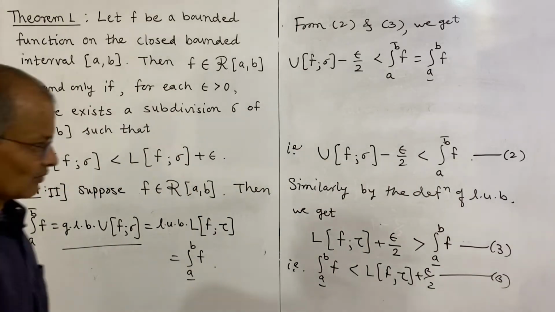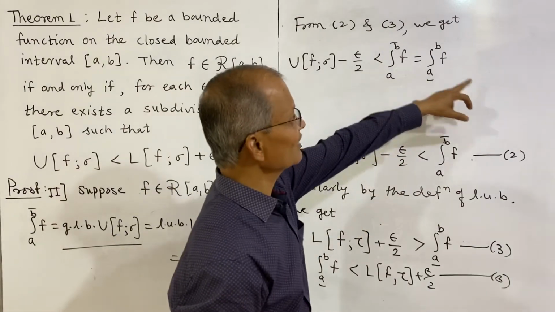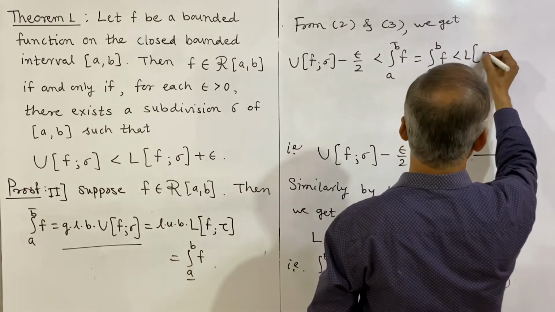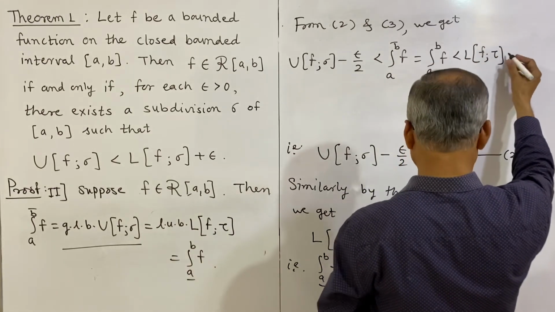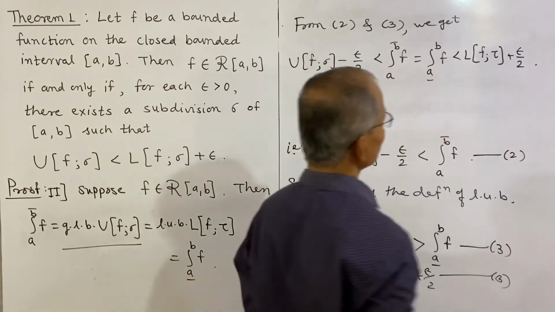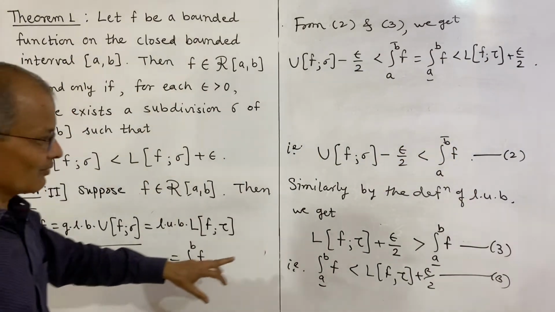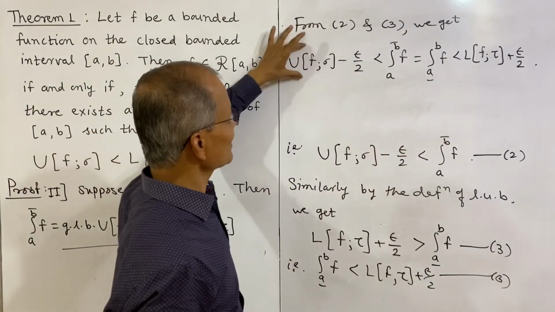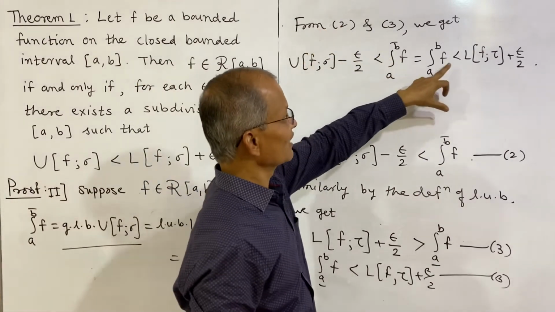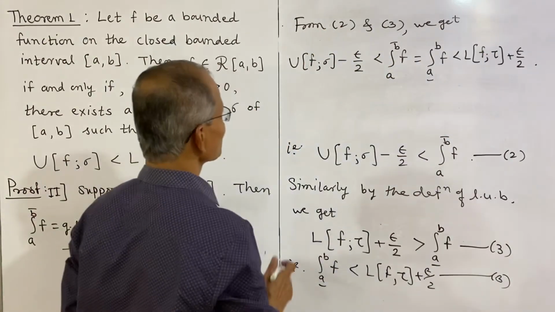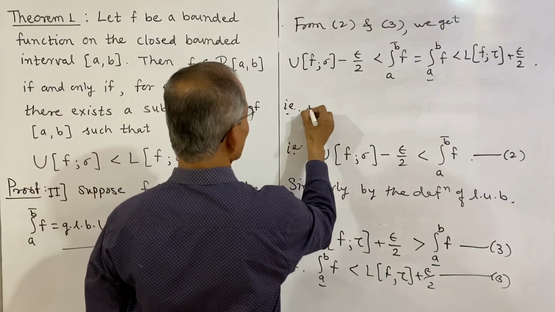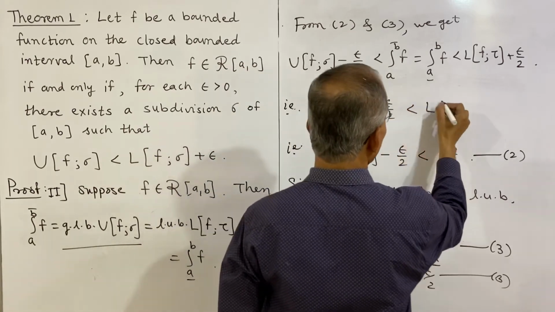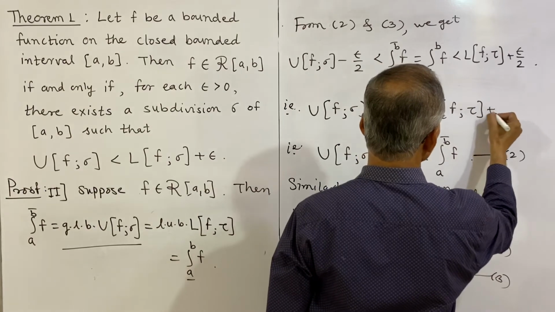See, it is one and the same. So we have reversed. Now why? Because we can write in continuation: this is less than lower sum of f on tau plus epsilon by 2, and the middle quantities are equal. This upper integral and this lower integral are equal, and therefore we get this left side expression is strictly less than the right side expression, and thus the upper sum of f on sigma minus epsilon by 2 is less than lower sum of f on tau plus epsilon by 2.